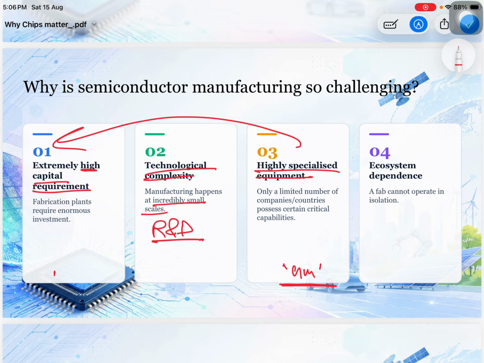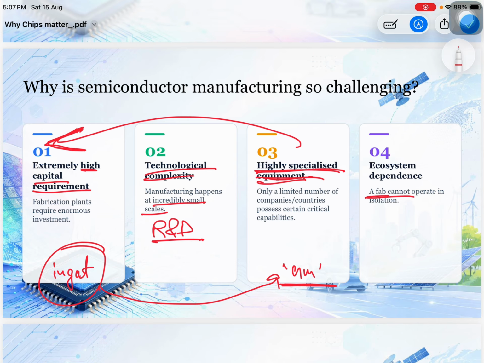I hope you remember the ingot thing which I told. The ingot is something that you can actually hold in your hand. Now right from the ingot we are going to nanometers, like we are dealing in an industry which deals in literally nanometers. So we really need highly specialized equipment, and naturally highly specialized equipment will have extremely high capital requirement. And again, point number 4 answers all of my questions.